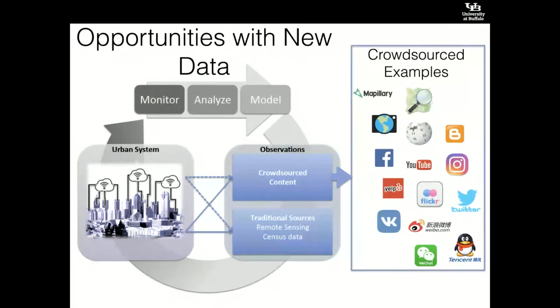And the question is, how can we start leveraging that to not only better monitor the cities around us, and then analyze what's happening, but how can we use data to help inform models and potentially then ask the models, say, okay, we don't have data on X. Can we then query or better sense or set out ways to actually detect what other types of data is available out there? So, for example, we've been using recently Mapillary and OpenStreetCam data, which is sort of the crowdsource of street view imagery data to understand